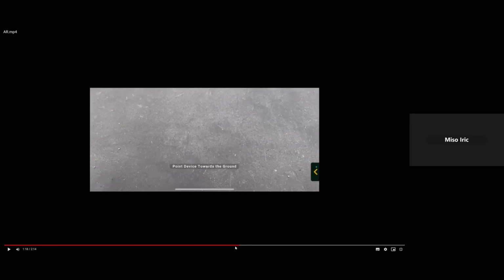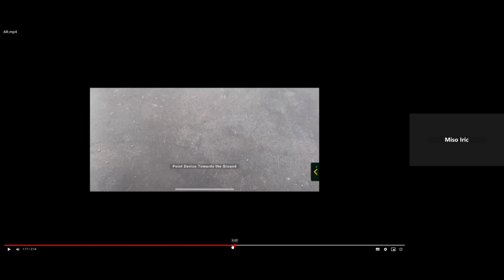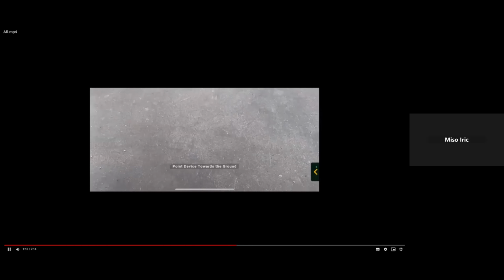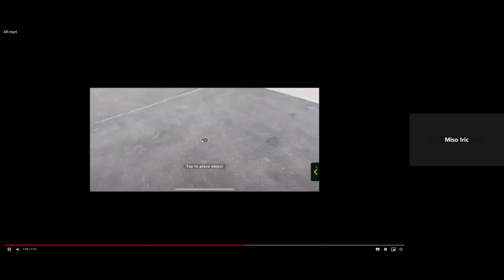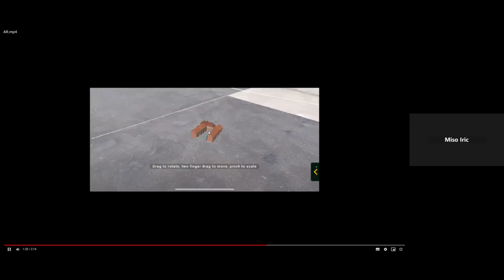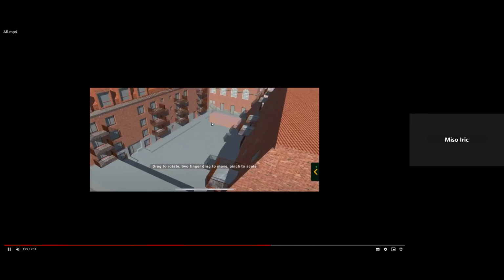In this case, this is augmented reality. I'm just choosing one building from the side because I'm not in the right municipality right now, so it's far away and cannot be visualized in the right coordinates. So I'm picking one and placing it somewhere outside. In this case, it's a BIM model imported in IFC file format, visualized through augmented reality through the camera on the mobile. I can scale it on my own and put it on some flat surface.